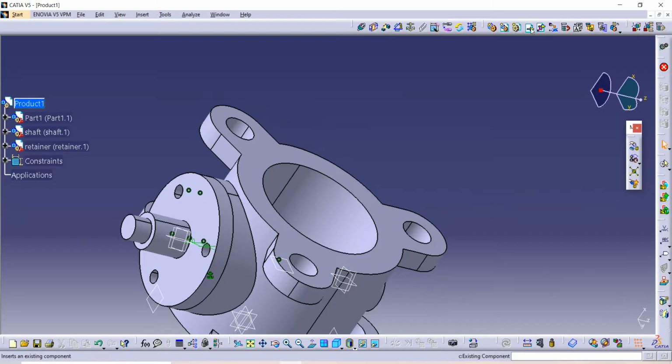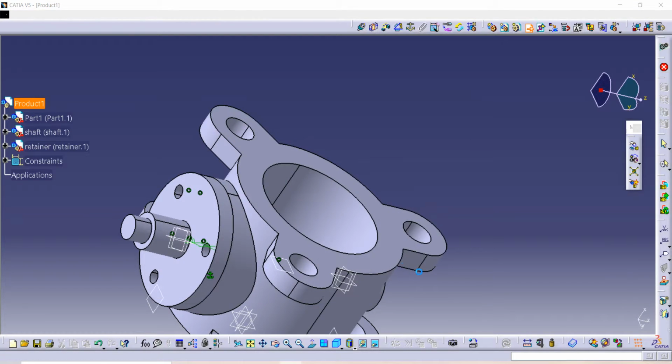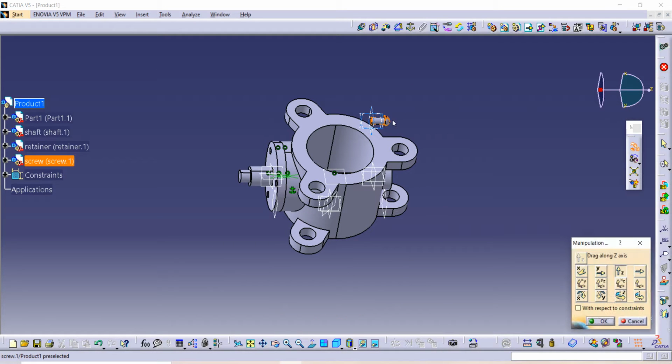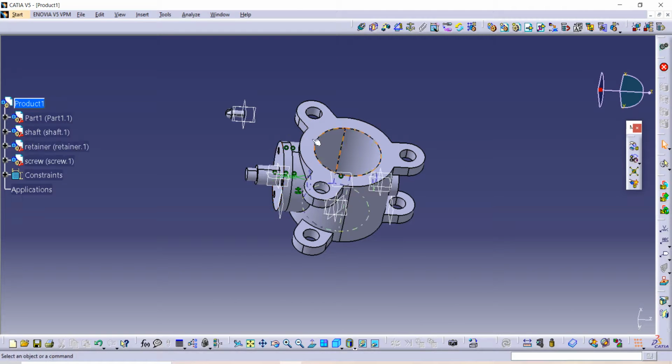Now we have to import our next component. So click on this existing component, then go on product and import screw. After that open it, then again use manipulation command to fix the side of this screw, and use this again manipulation command to move it to the front side of the assembly.